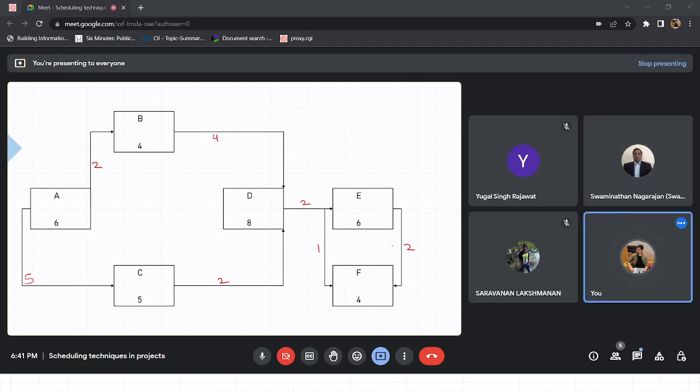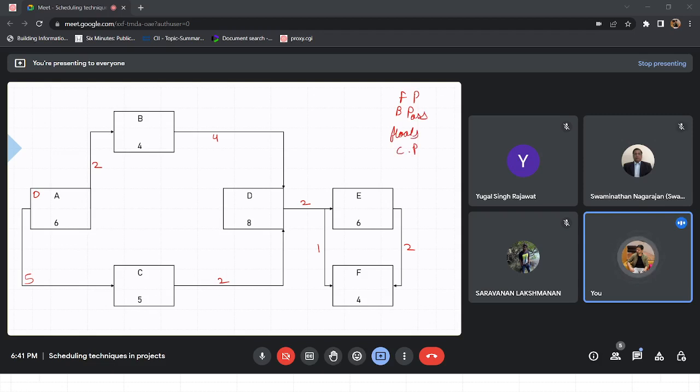Now we will move on to the similar calculations. 0 as it starts. Okay, let me write forward pass, backward pass, then we will have floats